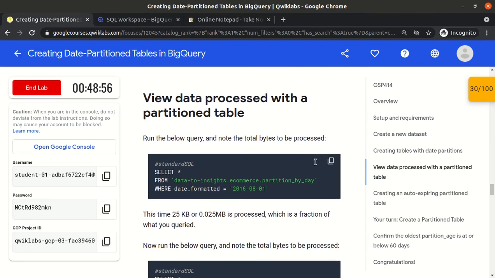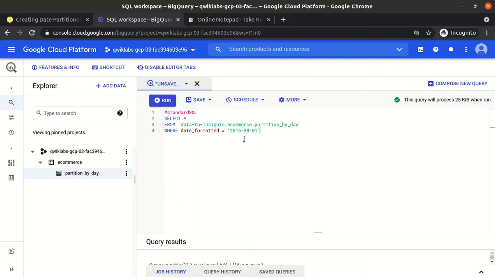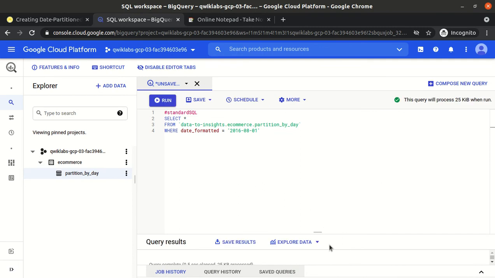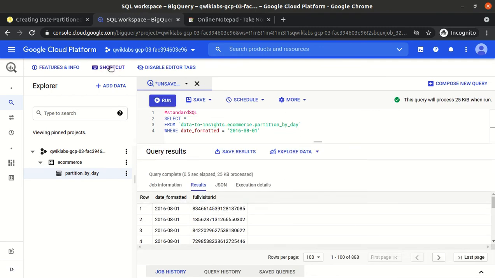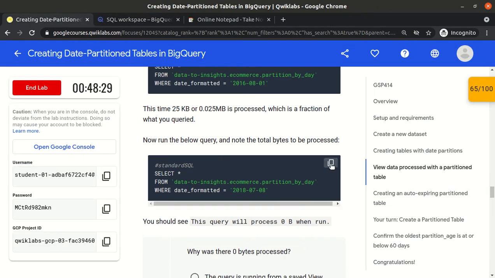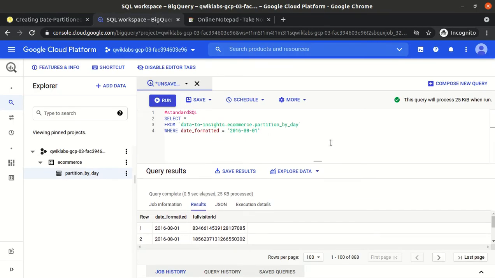We will rerun the same query, because we know we don't have any records for 2018. So let's try for 2016. See, now it is processing only 25 KB of data, because for 2016 there are only very few records. Rather than processing 1.7 GB of records, it processed only 25 KB of data and returned. Now let's try for 2018. We know we don't have any records for 2018, and earlier it still processed 1.7 GB of data.